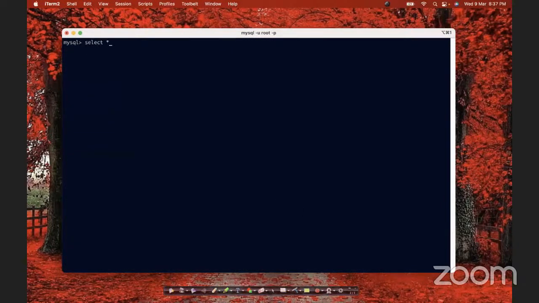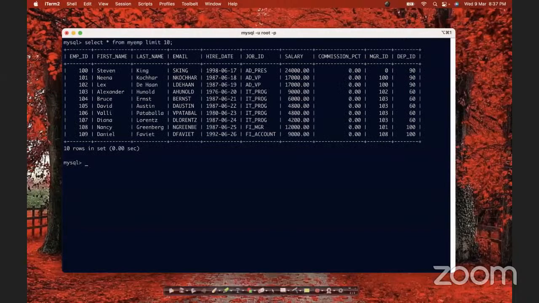Select star from myEMP and let me limit it to some 10 records, right? So here we have seen, let's say I'm not interested in all these columns all the time. I am only interested in, let's say, the employee ID, the first name, last name, and I want to see their job ID and salary, right? So it's like I've created a window on this data, and I want to look at only this part of the data,